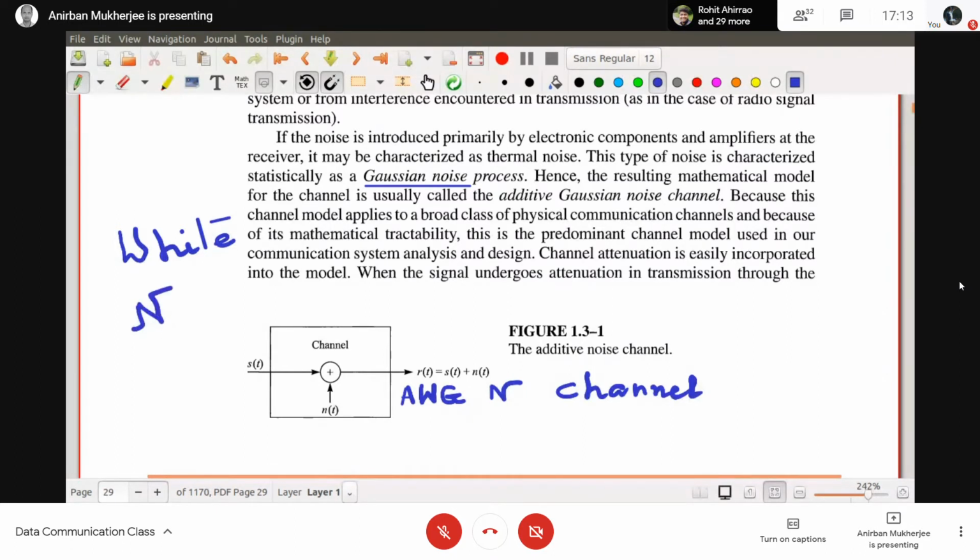Okay. Please read it. Or maybe I will cover it later. Because on top of Gaussian, I am putting another adjective. It is also white. Okay. Anyway,